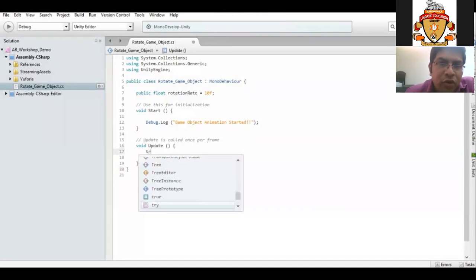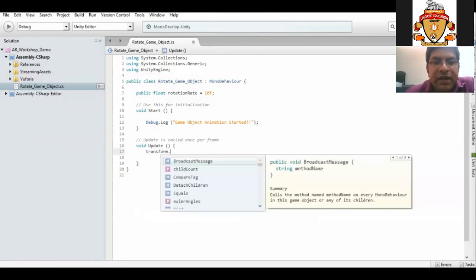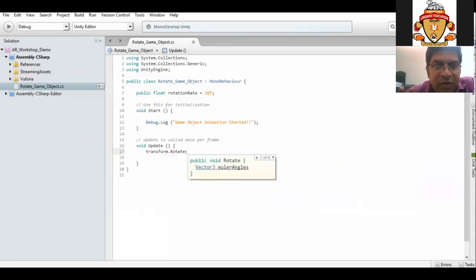So we want to rotate the game object. The code or the instruction for that is transform.Rotate. This is the particular instruction which will instruct Unity to rotate the game object when the marker is detected. Transform.Rotate,